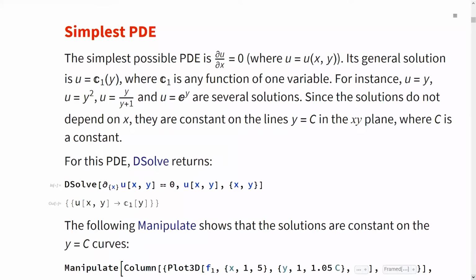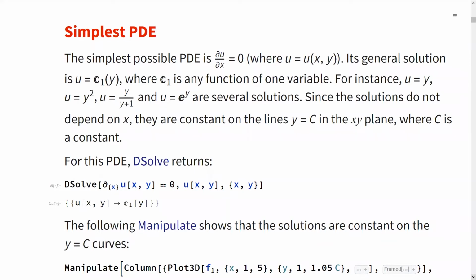The simplest possible PDE is partial u partial x equals 0, where u is a function of x and y. Its general solution is u equals C1 of y, where C1 is any function of one variable. For instance, u equals y, u equals y squared, u equals y over y plus 1, and u equals e to the power y are several solutions. Since the solutions do not depend on x,